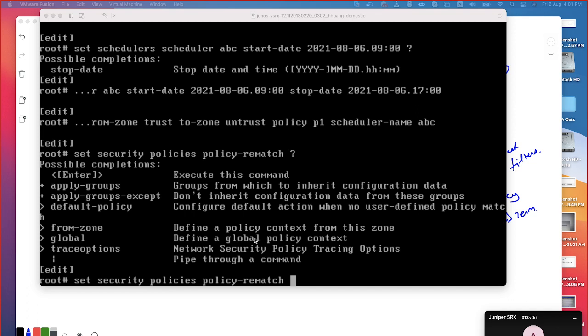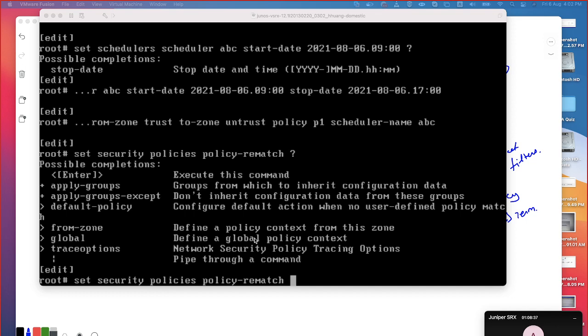Now, the policy is being modified. Assume that you have a policy action set as permit and you are changing it to deny, or you have a policy statement with deny and you're changing it to permit, whatever it is, permit to deny or permit to reject. If the rematch flag is disabled and you have changed the action from permit to deny, for the existing connections the traffic will still continue.